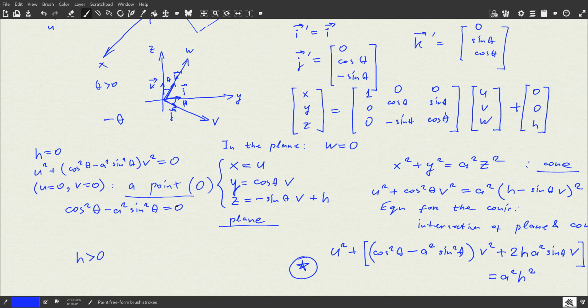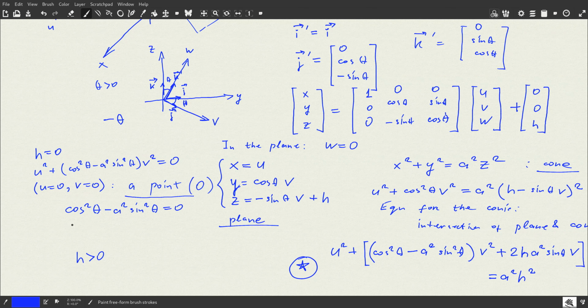Can it happen? Well, dividing by, we assume that obviously a is non-zero, and therefore, let's say if a is non-zero, then